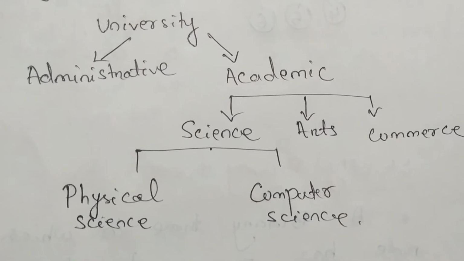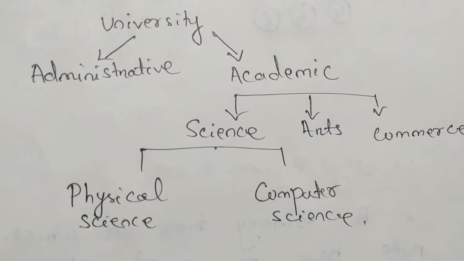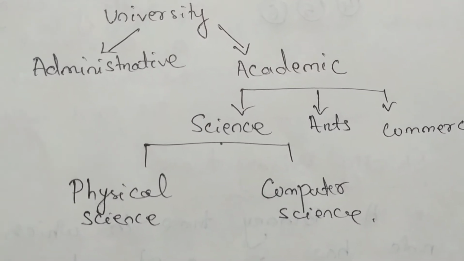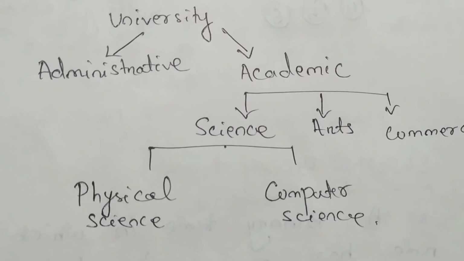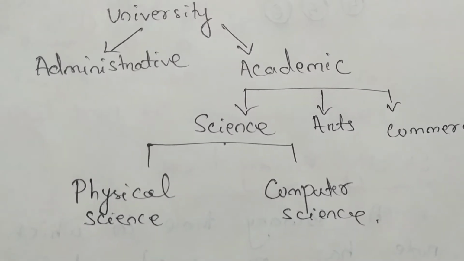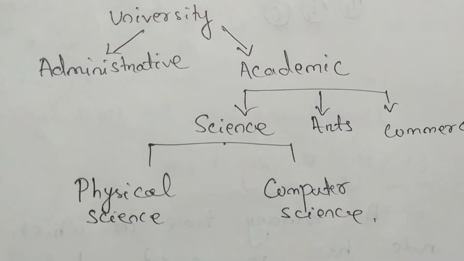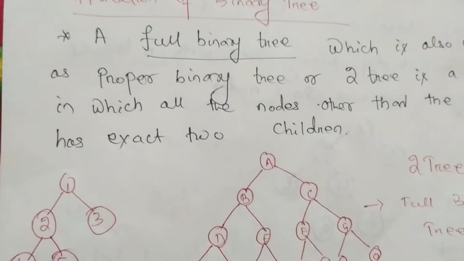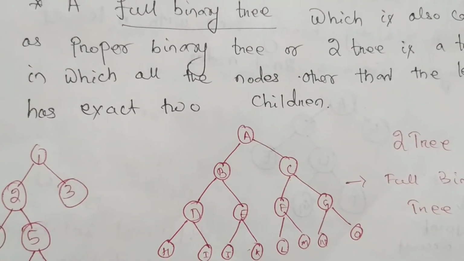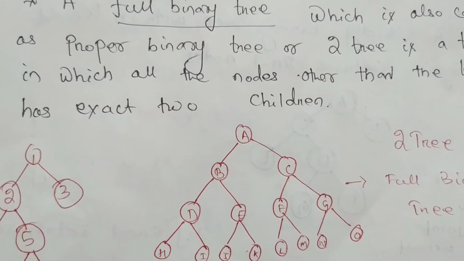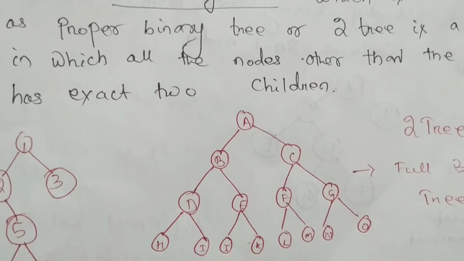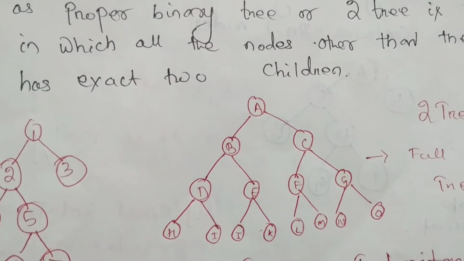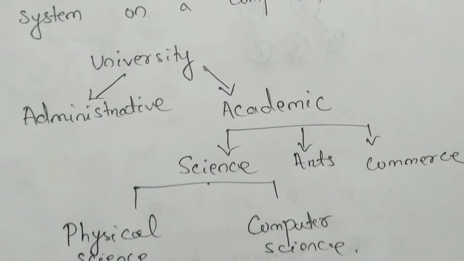As I told you, all the nodes, all the elements like administrative, academic, science, arts, commerce, are connected to a special node that is called the root node, which means all are connected to university. So this is the root node to which all other nodes are connected. Generally when we represent the tree, the nodes are stored in oval format. To represent the node we use the oval symbol, like in this diagram: 1 is the root node, and 2, 3 are the two children. So these are in oval structure. So here it is also a tree representation.